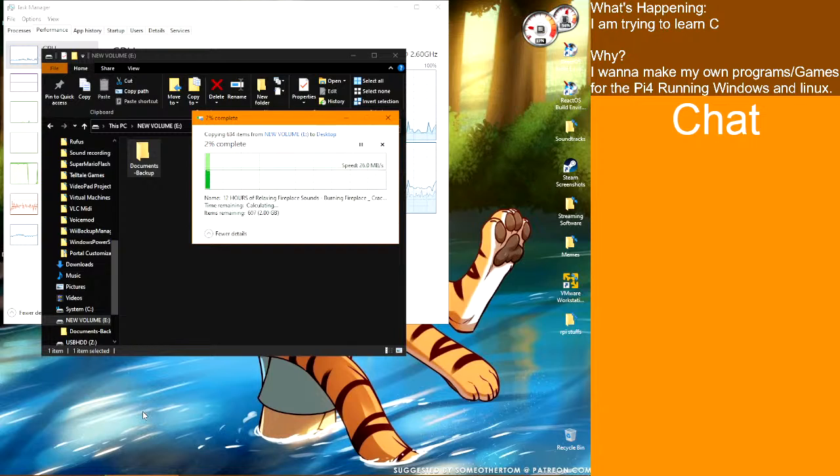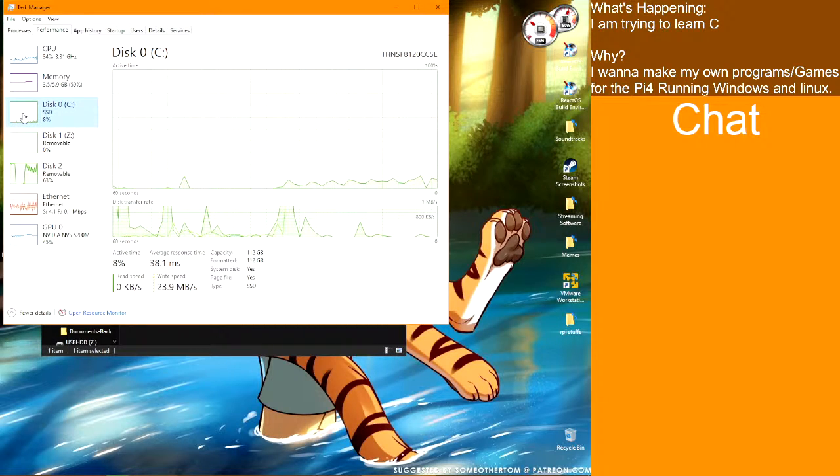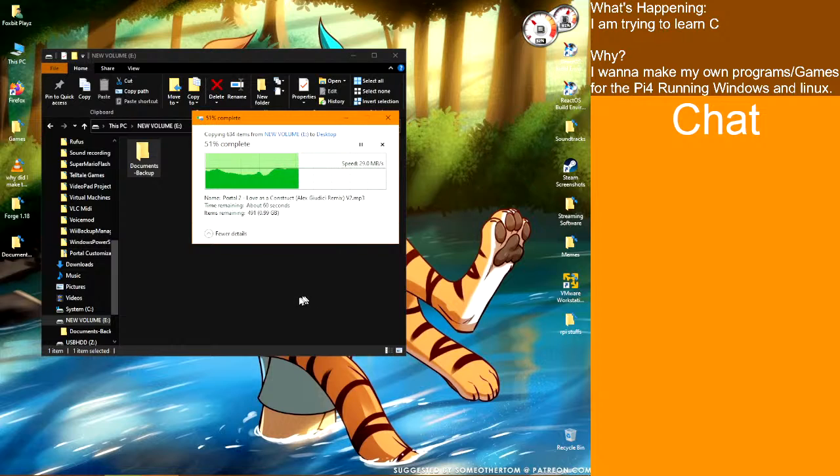Alright, I'm going to copy everything to my desktop, which should be rather quick. I mean, this is going off of a USB 2 flash disk, so this is going to take a little bit. This drive right here, that's my USB 3 drive. This is my solid state drive. It's going to soon be a mechanical hard disk whenever I install Linux on it. In particular, I'm going to install Mint on the hard drive, and the reason I decided to install Mint is because Mint has a lot fewer issues than Arch. I'm saying it has a hell of a lot fewer issues because I